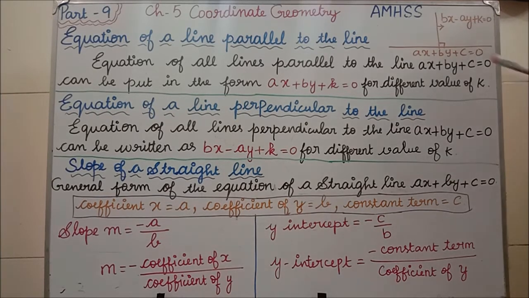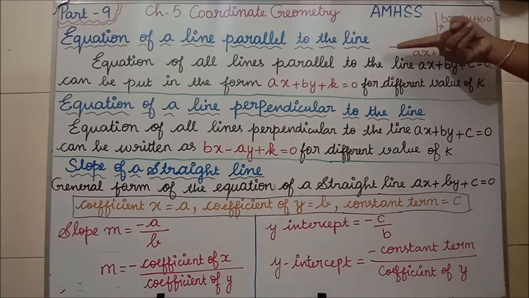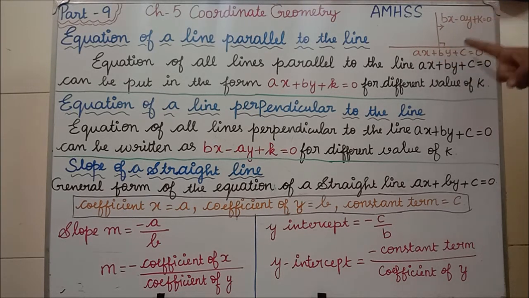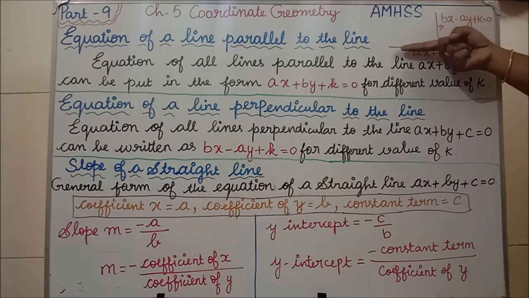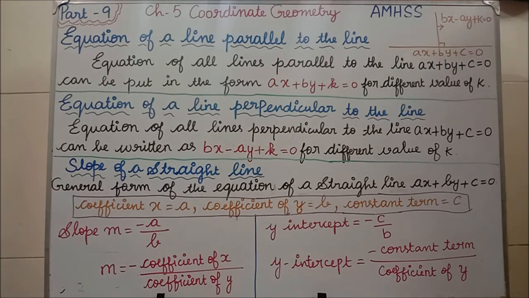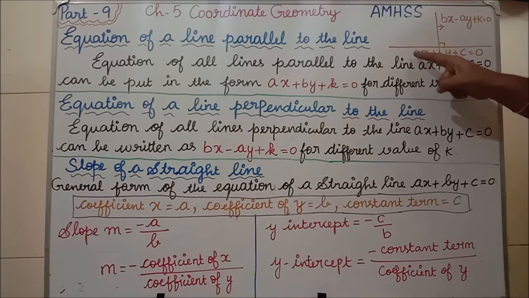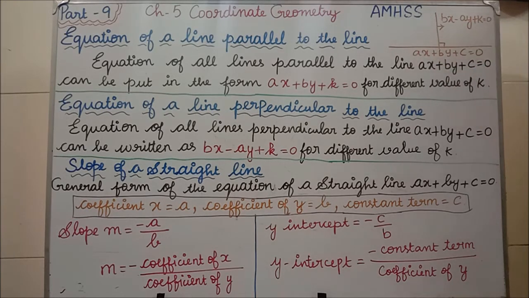Students, the second one is perpendicular. This is our straight line. Straight line equation is ax plus by plus c equal to 0. For any line perpendicular to this straight line, how will that equation be? The y coefficient is b, so b will go to x, and the x coefficient will come to y. Which means b will go to x and a will come to y. But b is coming first, isn't it? bx minus ay. Again the constant term also will change, that will become k.